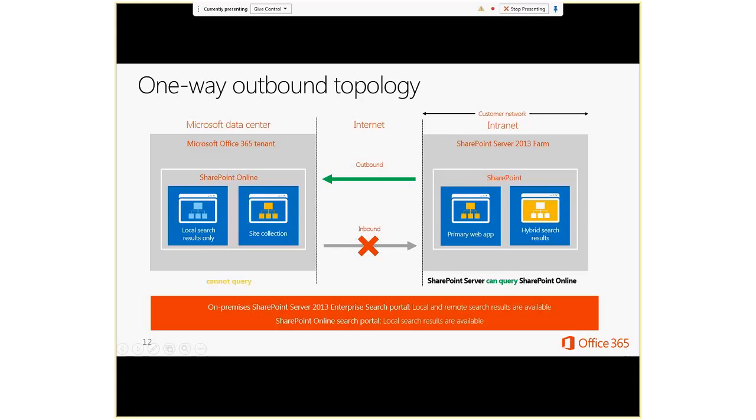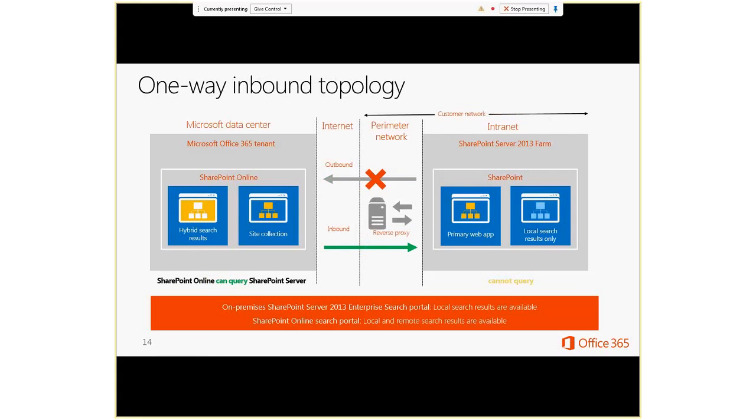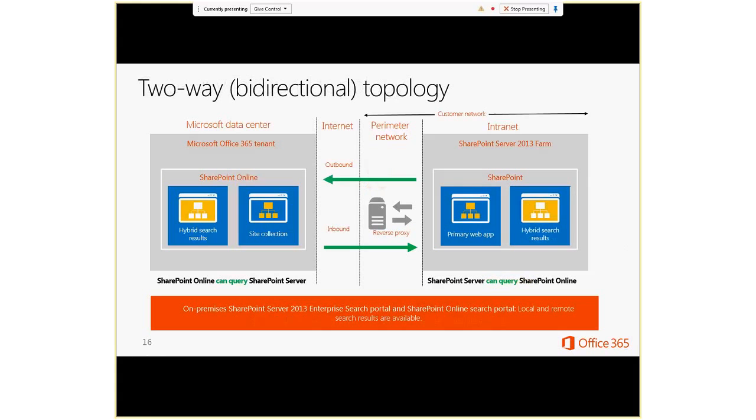The next one is one-way inbound topology, which is exactly the opposite of which I just mentioned, which means from SharePoint Online, we configure a hybrid search with SharePoint on-prem. Users logging into SharePoint on-prem get to see search results only from within the SharePoint on-premises environment. However, from the online environment, they get to see search results from online, as well as results returned from on-premises as well. Okay. With that comes the third one,